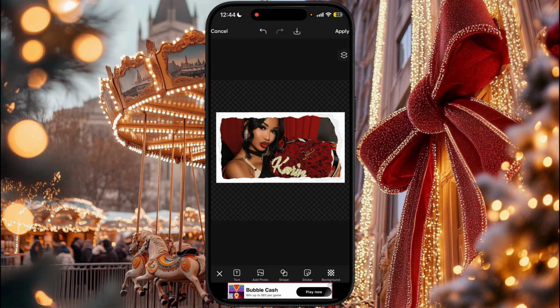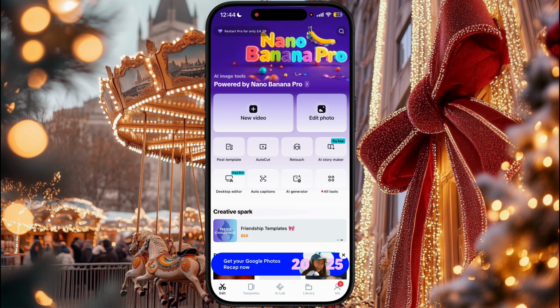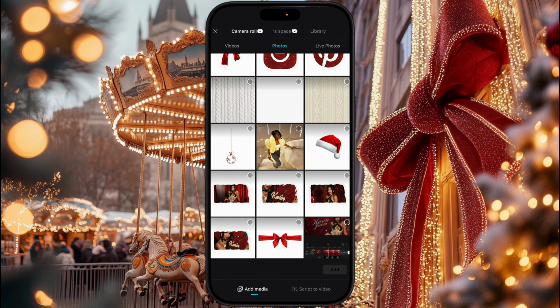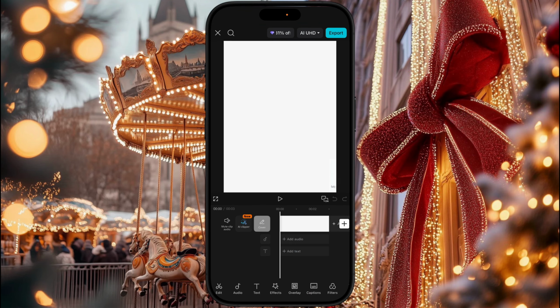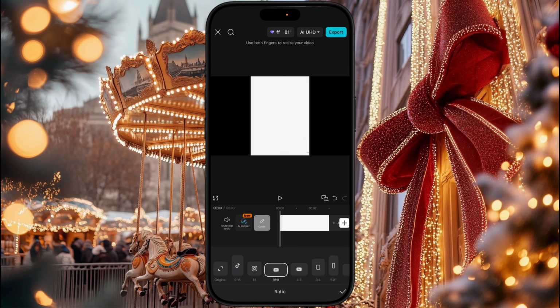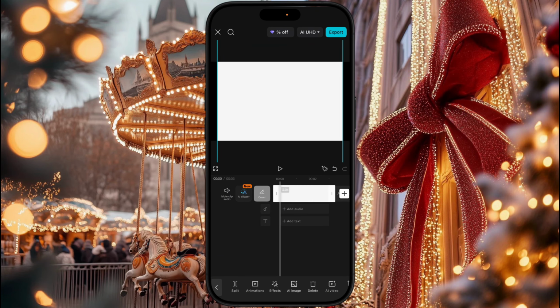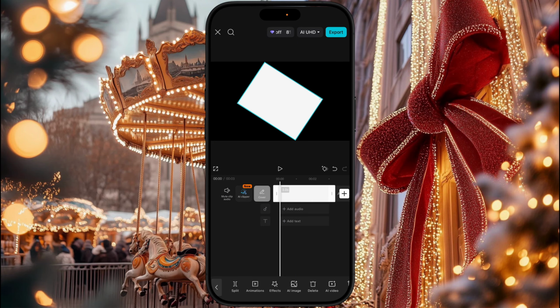Now what we're going to do is go onto CapCut. You're going to click on new video. Then you're going to upload the white background that we saved before from Pinterest. And then click on add. Then as you can see, the frame size is not the YouTube size, so we're going to click on aspect ratio. And you're going to click on the 16:9, which is the YouTube frame size. Okay, then you're going to zoom into this white background to make sure it covers the whole black